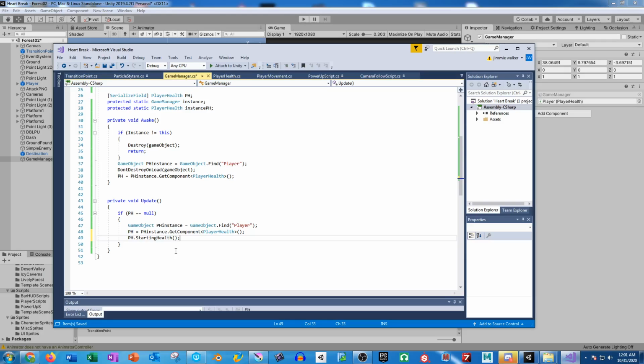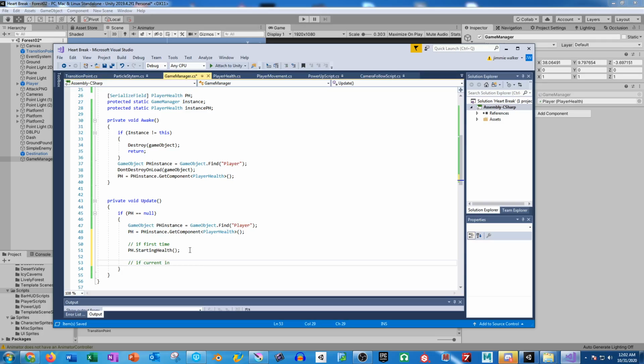We'll need to do that each and every single time. So the way we do that is, instead of doing the starting health like I have here, we actually need to create something if first time. And then right here we're going to say